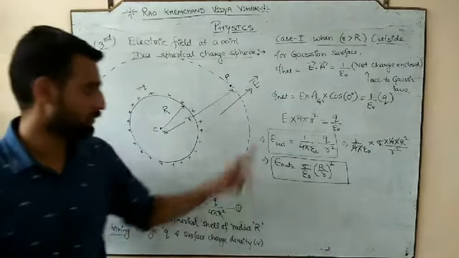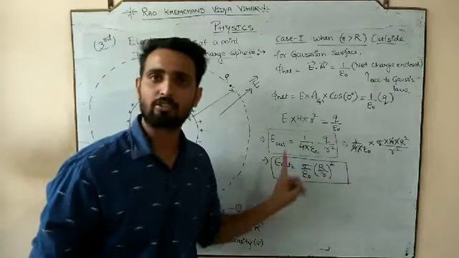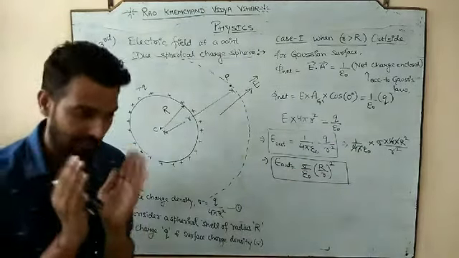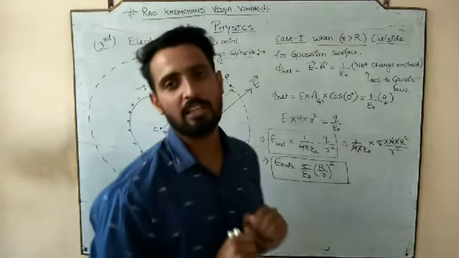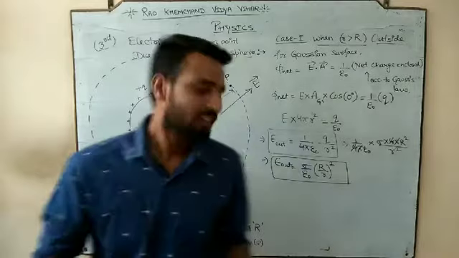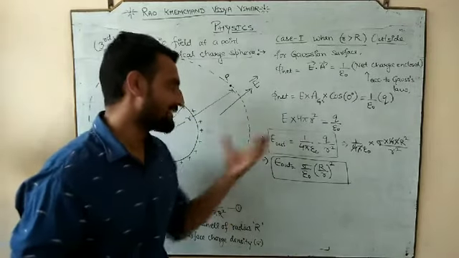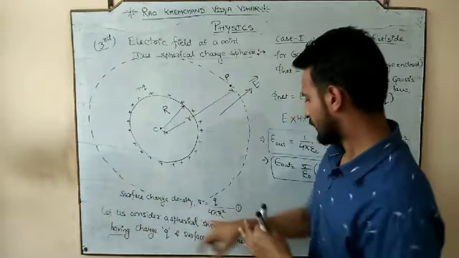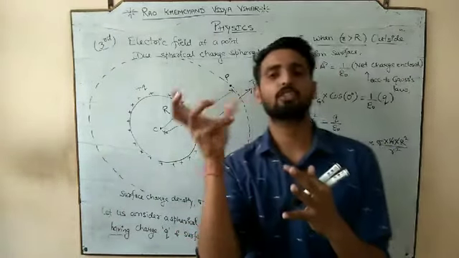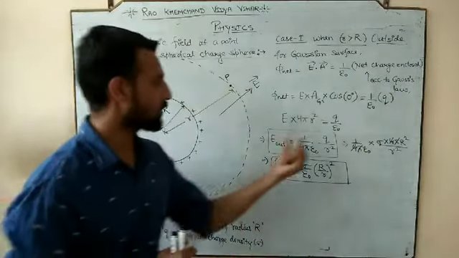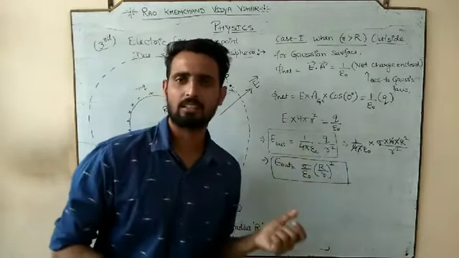आपके पास दोनों formulas होने चाहिए electric field के, in terms of charge as well as in terms of surface charge density. Because in the board examination, it has been seen that most of the time they only write in the numerical: a spherical shell of radius capital R and charge Q. Find the electric field outside. So he has given only the charge Q. So you have to do only that.